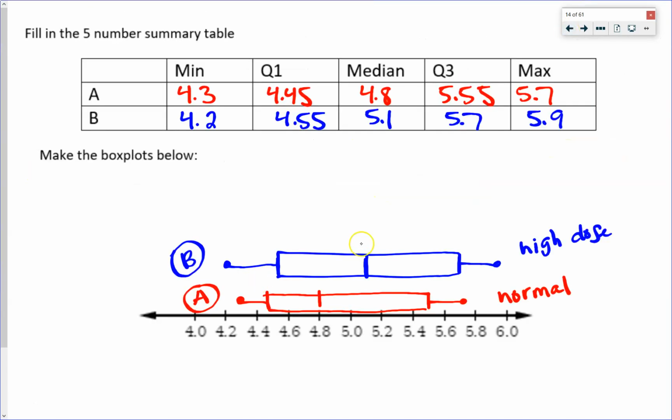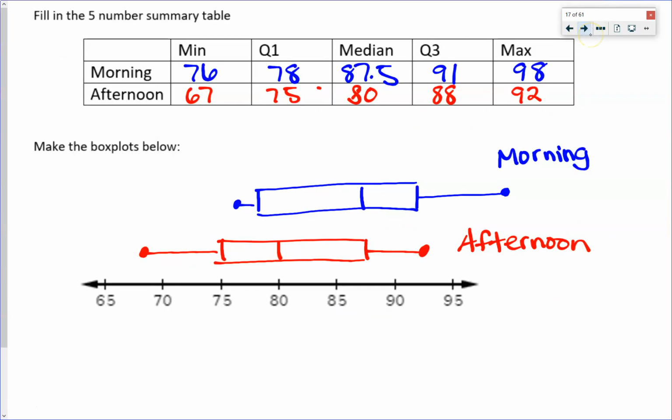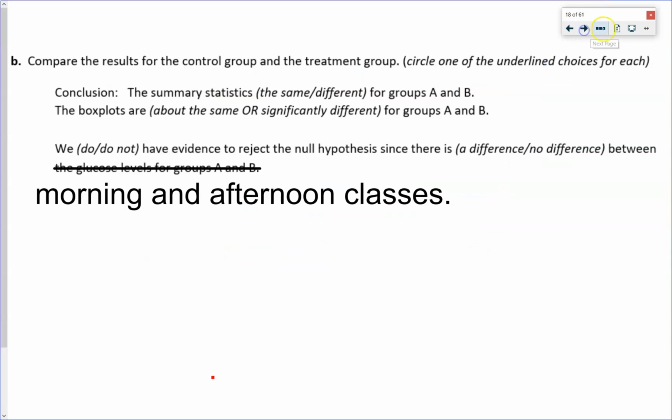Here, there was some overlap, right? This one was lower, then this one was lower, then that one, and it kind of bounced back and forth. It wasn't all generally below or all above, okay? Here, I can look at this information and go, oh, clearly the morning class did better and the afternoon class did worse. I have evidence to suggest this because of all the data being below. So, in conclusion,